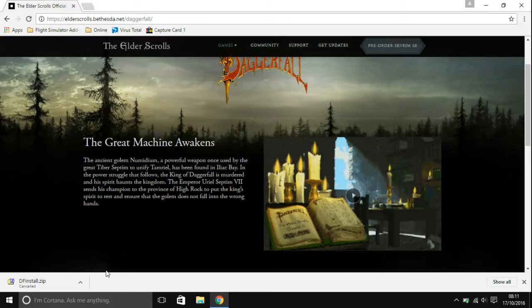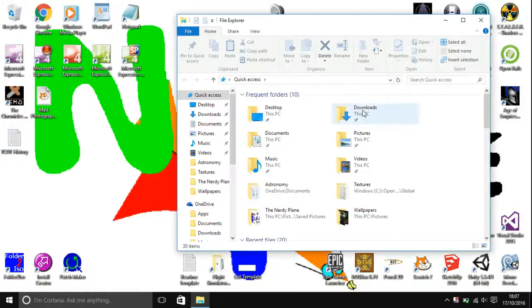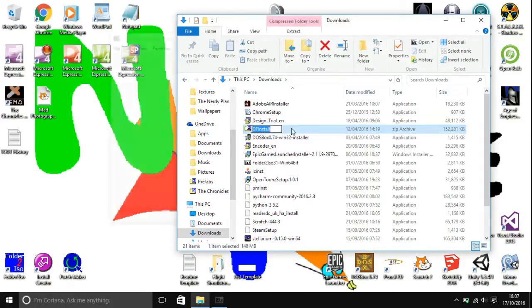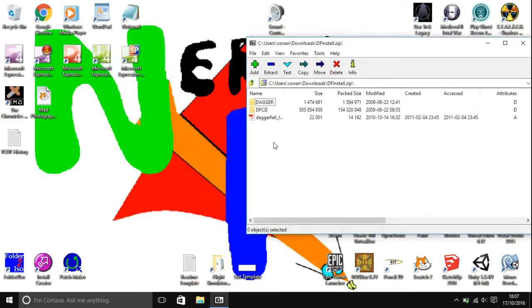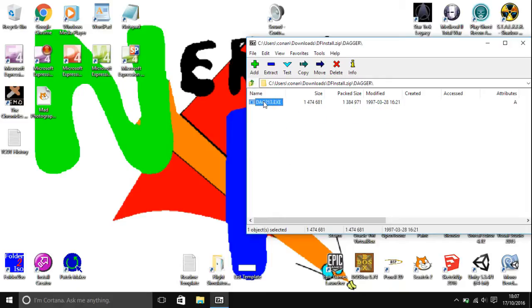Okay, so now what you're going to want to do is open up the file explorer, go over to downloads and open up df install. You can then close that for now. So you've then got these two folders. There's dfcd and Dagger. So inside dfcd are all of the CD files for Daggerfall, and inside Dagger is just a patch. So what you're going to want to do is open up your file explorer firstly,